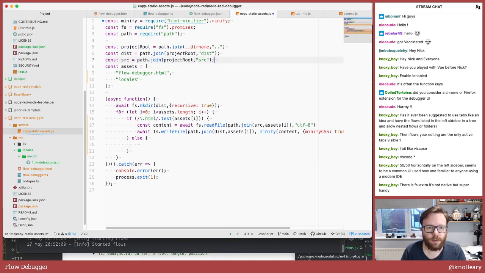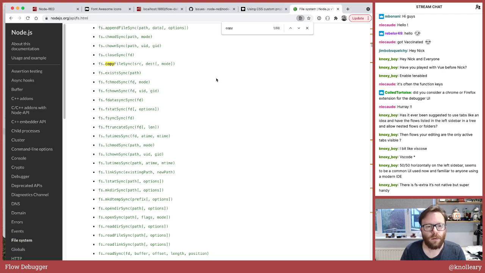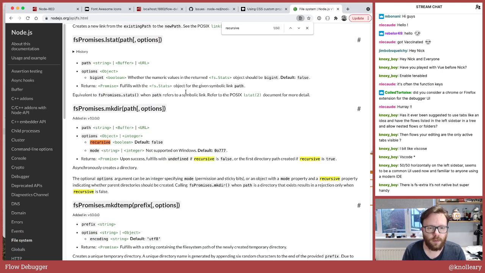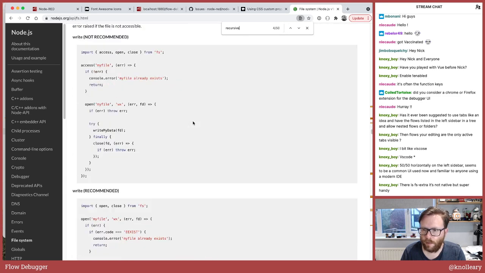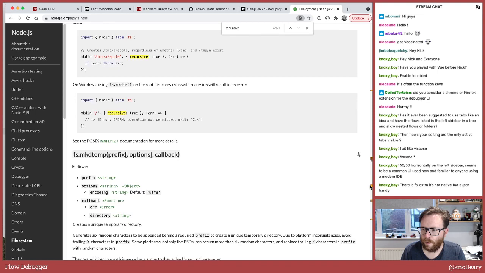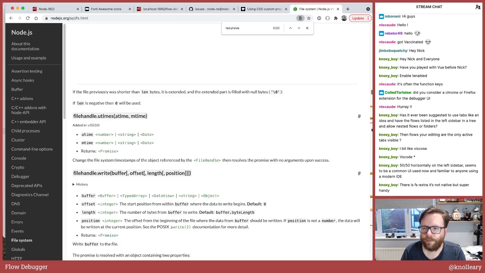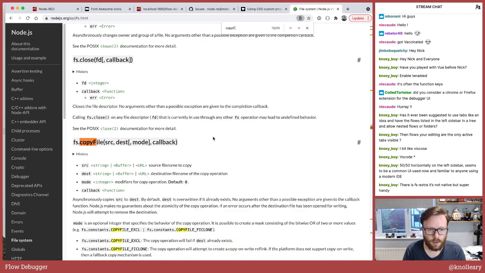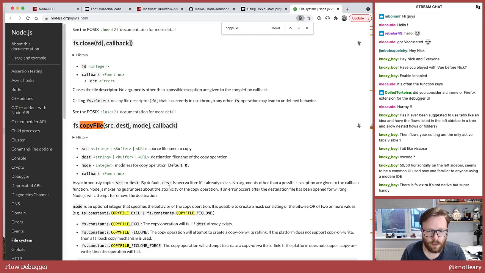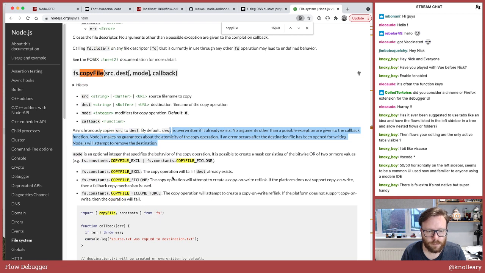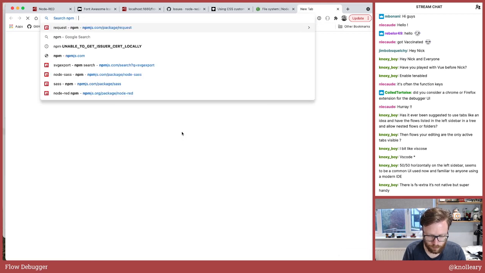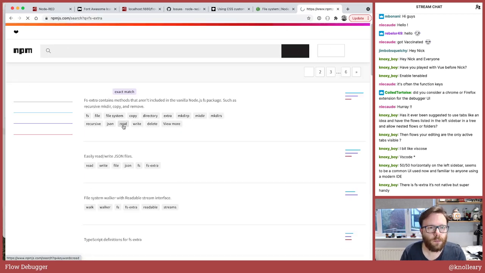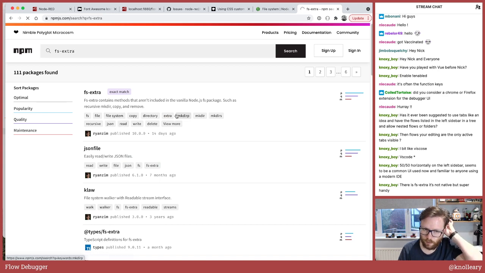Is there really no copy recursive? I know they've finally got mkdir recursive, and they've got rmdir recursive, but I just want to copy a directory. Unfortunately, pretty sure copyFile. Yeah, okay. So for the sake of not boring you all, let's go look at fs-extra,